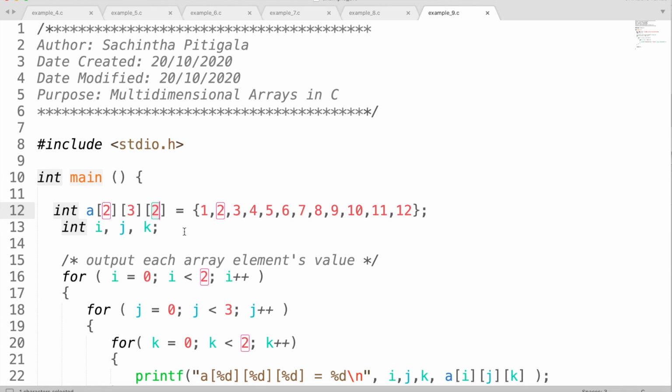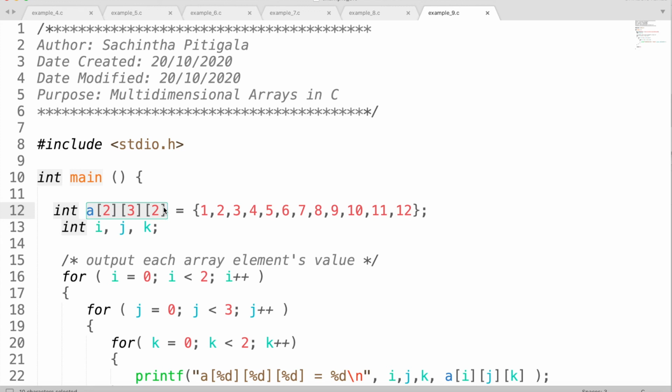So basically you have a table, a two-dimensional array, and then you have 2 tables in here. So that's what the third dimension gives you. That means you have the first table and you have another table behind that table. So you have 2 tables. Altogether you have 12 items in this 3D array. So this is what we call a 3D array, a 3-dimension array. This is the extension of the 2-dimension array. So you have 2 tables, one table containing 6 elements, the next table containing 6 elements.